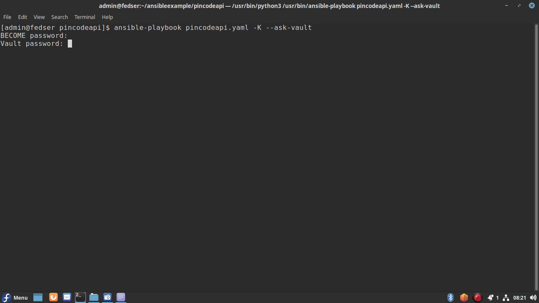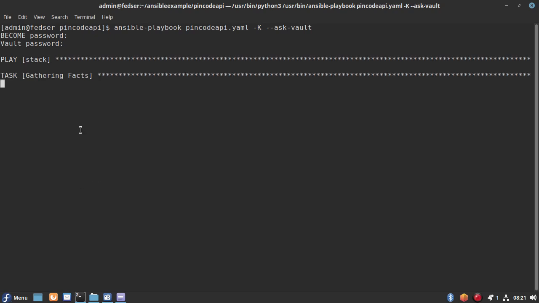So the first password that I have given is the administrative password for root privileges, and the second one is the vault password, with which we have encrypted the API key. So let me execute it now.